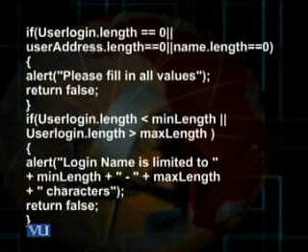Then plus sign, then there is the hyphen mark, and it is within the double quotation mark. We want it to appear as such. Then plus max length. Here the value of the max length, which is 15, would appear. And then plus characters. The word characters is in a string, so that would appear as such. So in that eventuality, again, it should return false, and no data would be passed on to the other side.